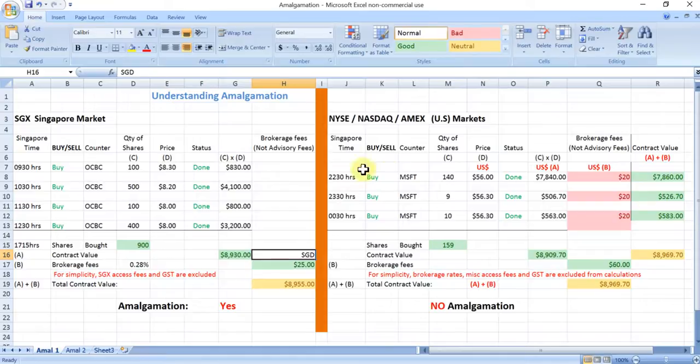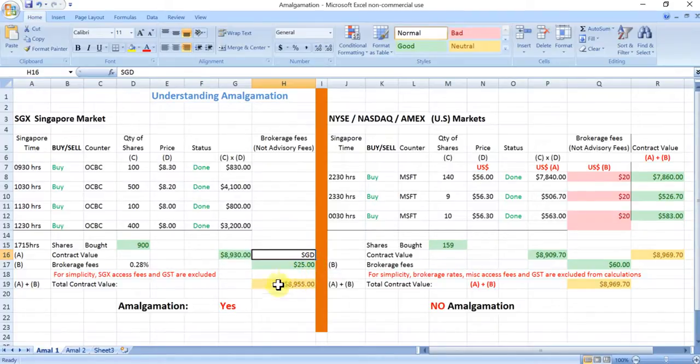Consider that there is an investor who bought 100 shares of OCBC at 9:30 a.m. at a price of 8.30. Subsequently, he bought some more shares of OCBC at different hours in the same trading day at different prices. In the Singapore SGX context, the sum of all the transaction values is summed up at the end of the trading day, and the brokerage fees are then calculated at the end of the day, and the total contract value payable